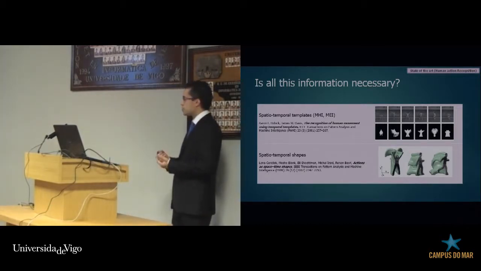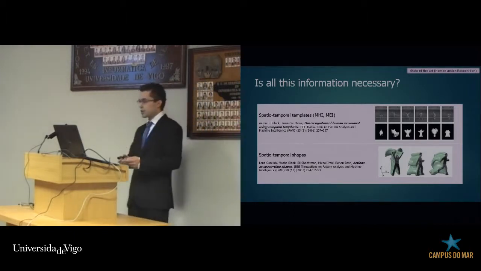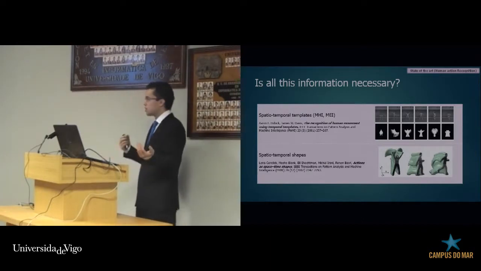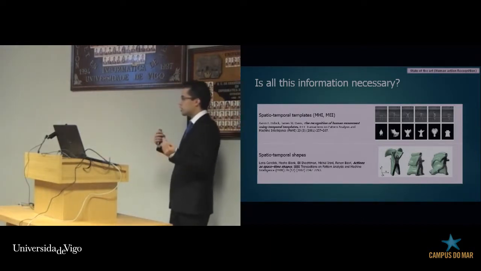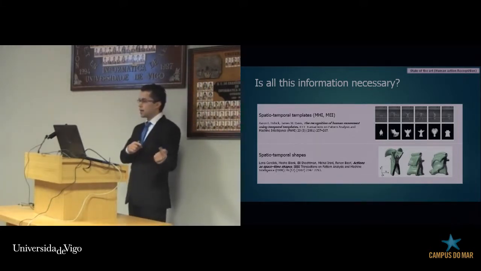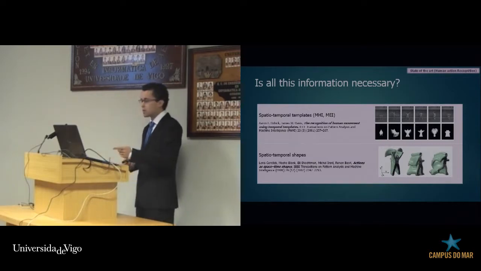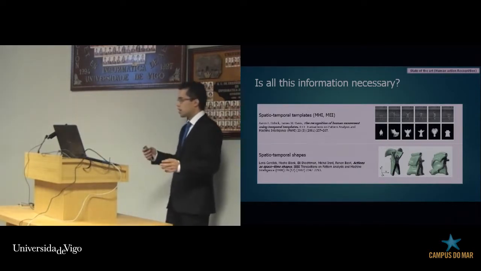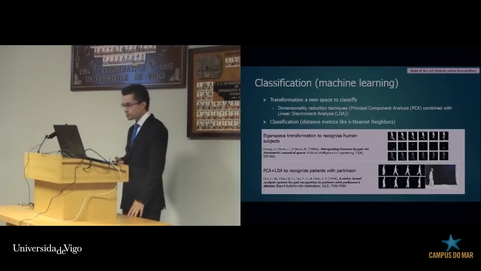Spatio-temporal templates are a new representation to accentuate your movements. So, for example, frame difference, or silhouette: you have one frame and the previous frame, and you calculate the difference. So this is a spatio-temporal template. Motion history images are the same, but you are using more previous frames. Motion energy images are the same, and the next paper is spatio-temporal shapes. They use 3D volumes to try to create a new representation.